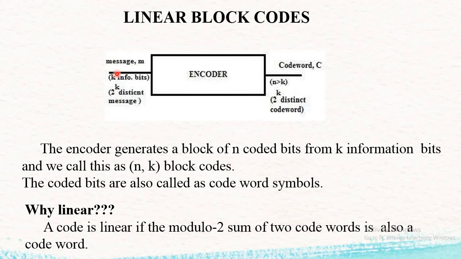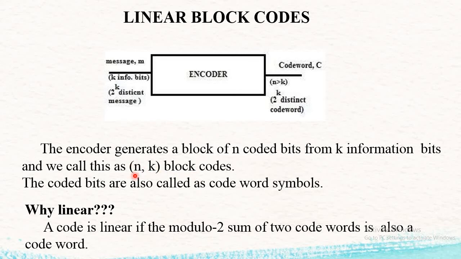Then what is a linear block code? This is a representation of a linear block code. This is your linear block encoder. In a linear block encoder, your input signal is a message bit which has a size of K bits. Now these K bits are passed to the encoder. In the encoder we add some redundancy bits or parity bits to it, and after that we get a code word. The size of that code word is given by N. So N is the size of a code word, K is the size of the message bit. Therefore it is also called an N by K block code.